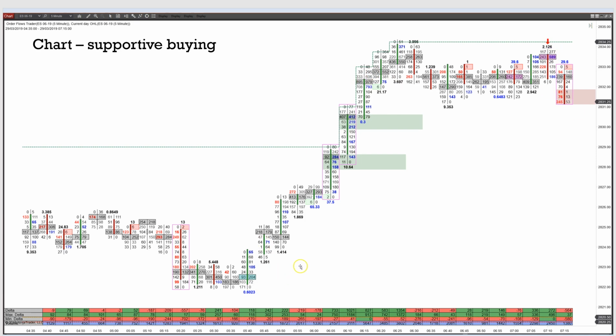But really in here, going higher on negative delta, right? That's bullish, right? I've told you that. That's bullish. Go with the price action of the bar. That's your supportive buying. What's happening is people are hitting these bids, but you have a buyer in there supporting the market. It's absorbing all that selling that's coming into the market to try and move that market lower. People are bidding that market up.